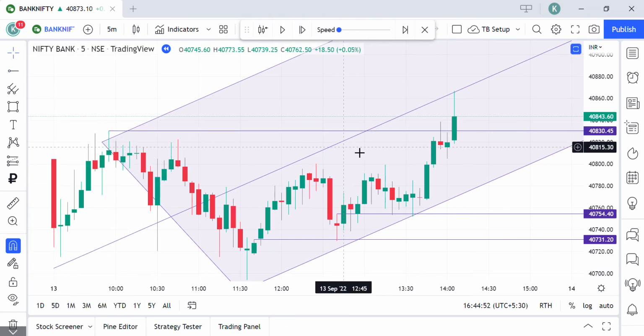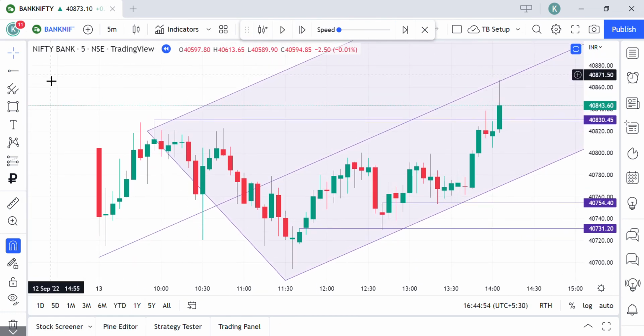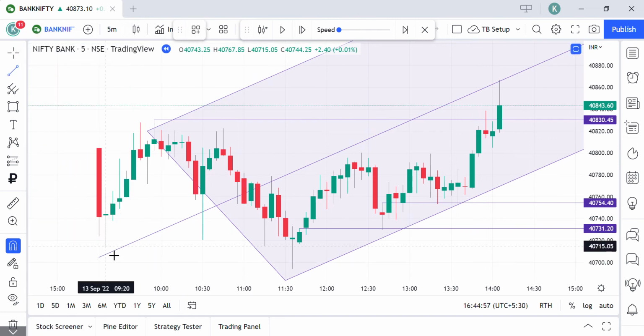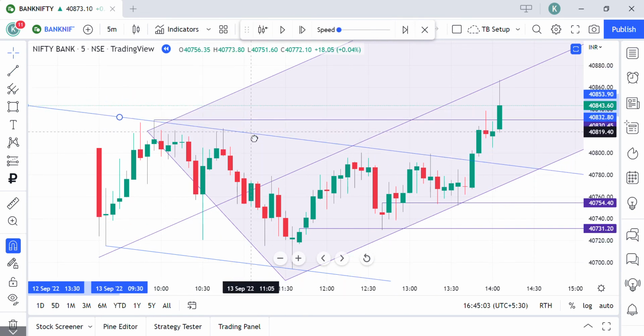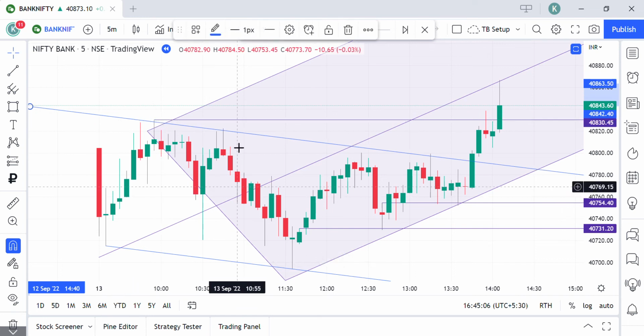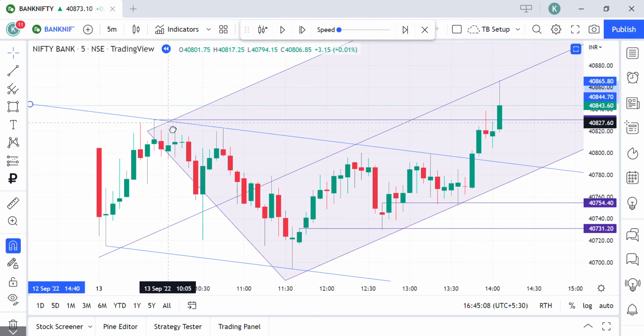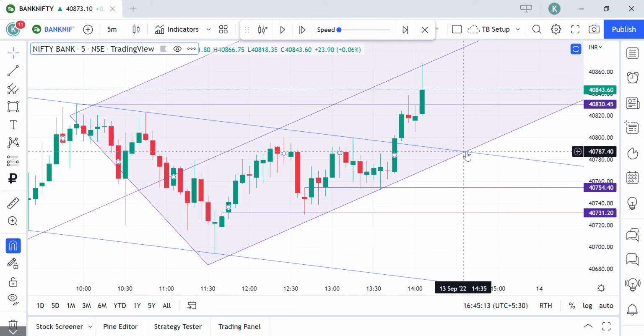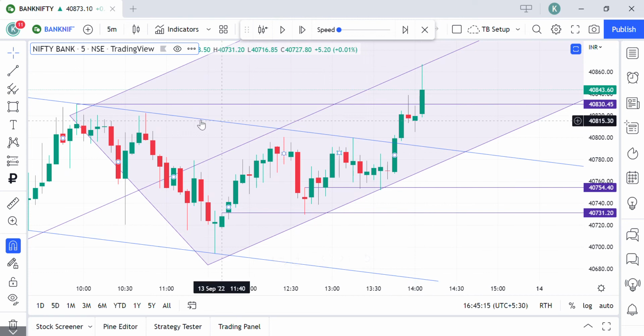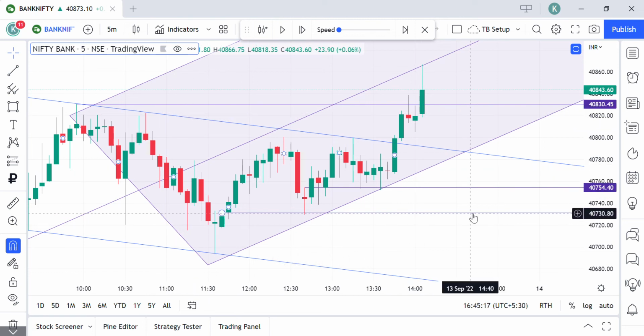Price has closed above this level, and if you draw a common line along this low, and then keep a high of this, at the very high, so this candle I'm keeping at the very high. So this gives us another opportunity if price hits its zone, because price has closed this level, and price has a nature that when it closes some sort of very important level, it comes back and tests that level. Now let us see how price unfolds.